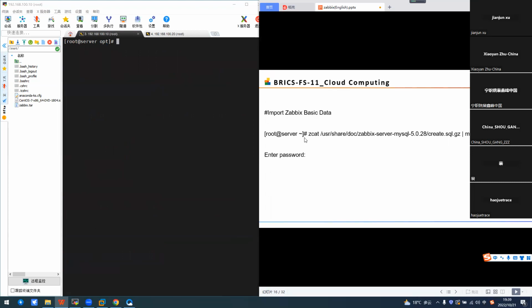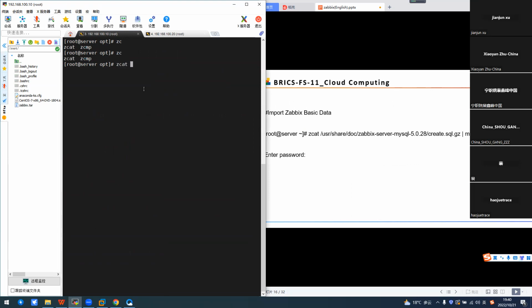Then we can import the data of the Zabbix server into the Zabbix database. Use the zcat command from the usr directory /usr/share/doc/zabbix-server-mysql/create.sql.gz